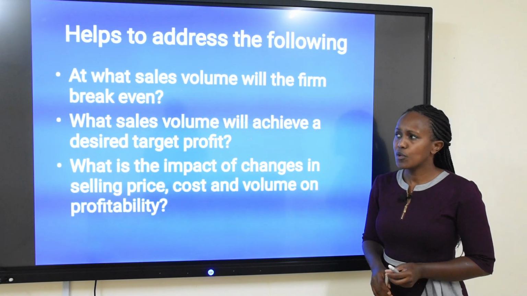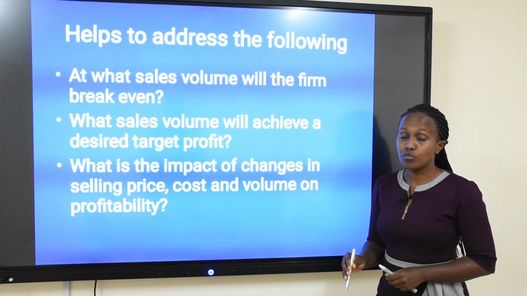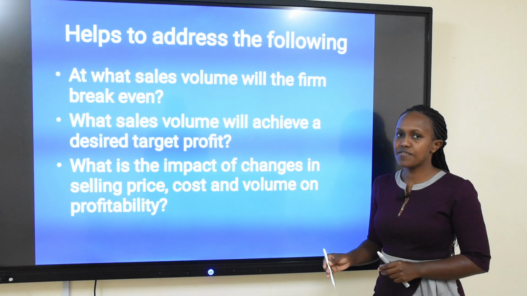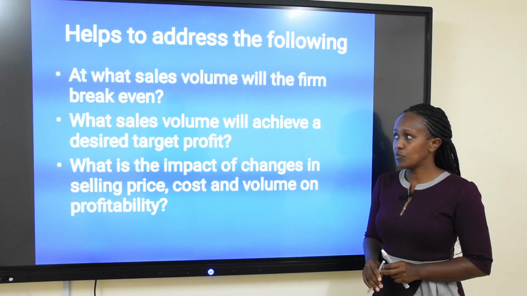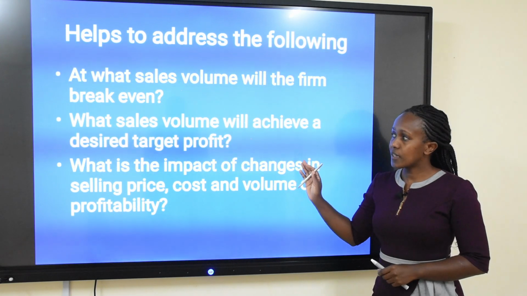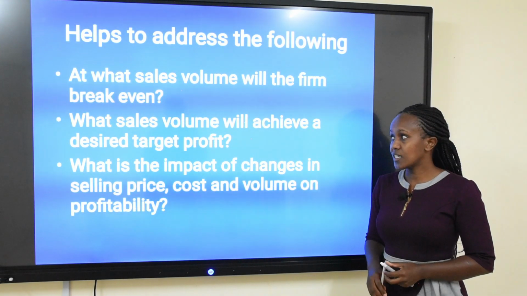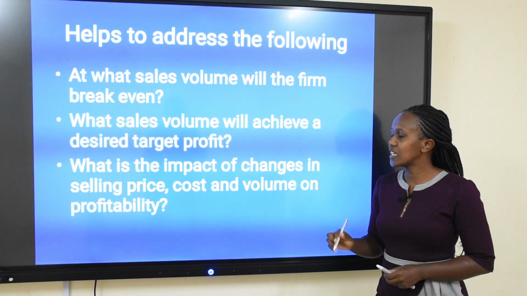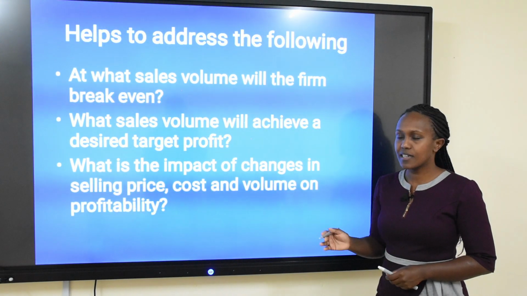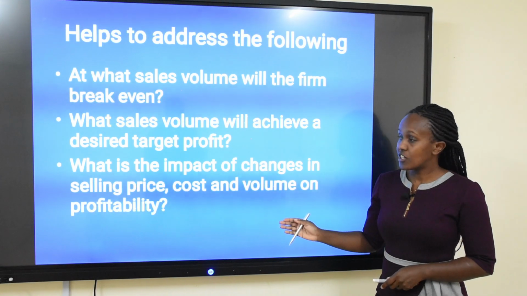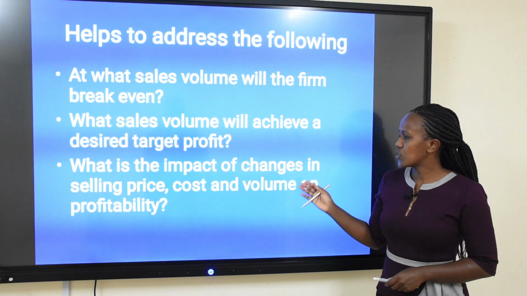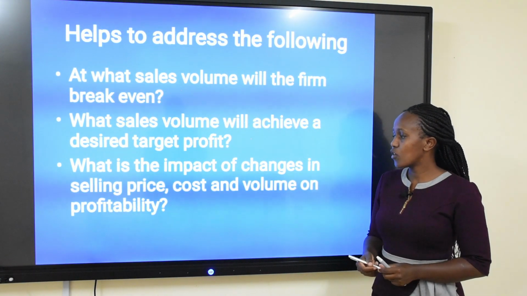Like number one, we want to know at what sales volume can a firm break even. We're going to define what is break even in a few. Another question that it helps us to address is what sales volume will achieve a desired target profit. Another question that it can help us to address is what is the impact of changes in selling price, cost,